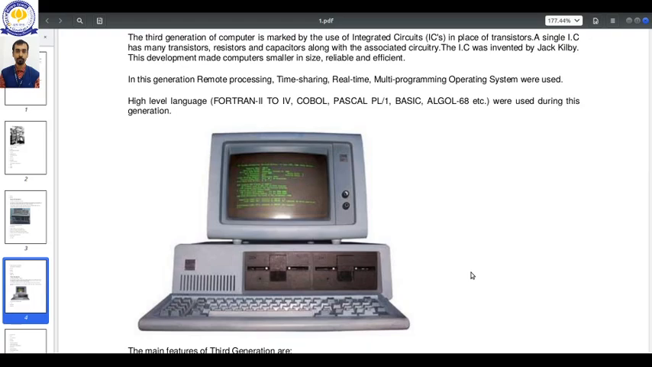Remote processing means doing processing between the computer and the data that may not be in the same computer but in another computer, connected through the internet or through a network. So that is called remote processing. And real time processing means a deadline is given, and within the deadline a program has to complete. This real time processing you can see in our